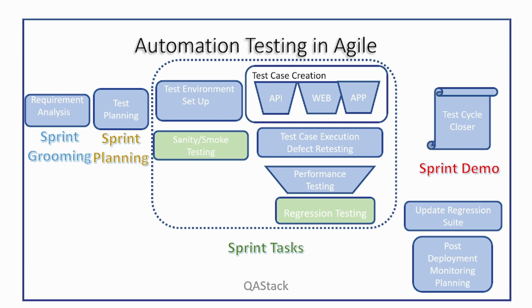Now, while executing test cases, in case any defects are there, they should be logged, and retesting of the defects is required once they are fixed by the developer. Now, once the test case execution is done, the next thing we need to execute is the regression testing. Regression testing ensures that there is no error in the existing functionality after the introduction of the new code. This is also a very important part in Agile, because if we miss the regression test execution, it would carry a higher risk of production defects rather than in SIT.